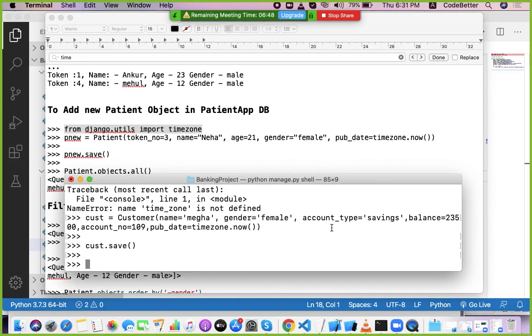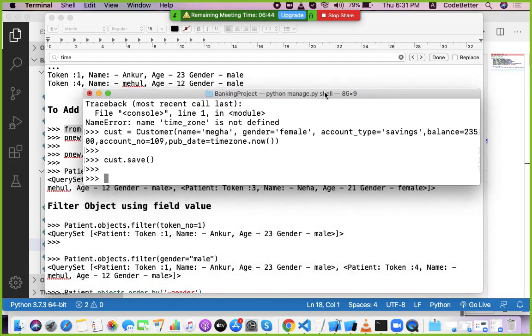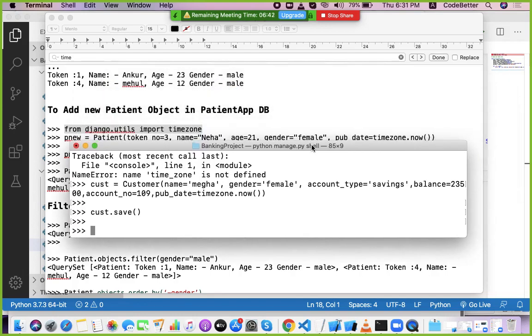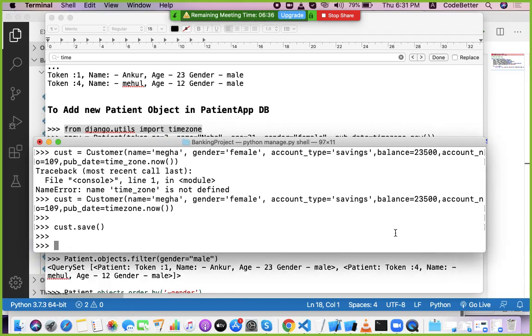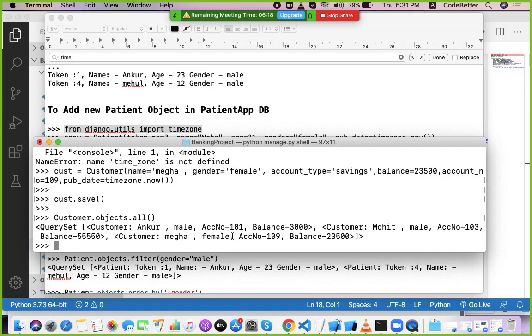Now if you want to check whether this was added to your database, you just fetch all the objects. To fetch all the objects, you print, or you can just write Customer.objects.all. So from the terminal itself, you have here Megha, female, account number 109, balance 23,500, the newly added object. Okay,